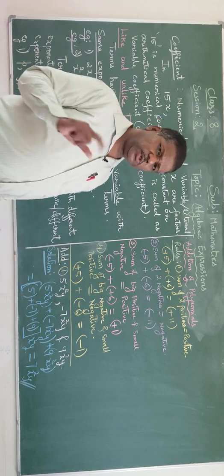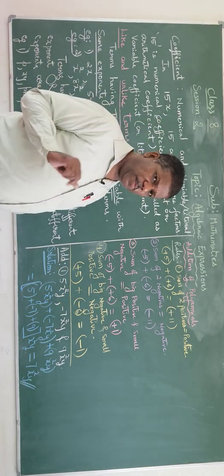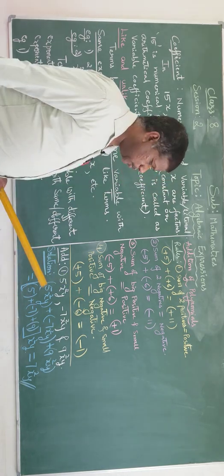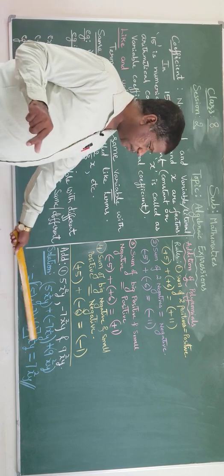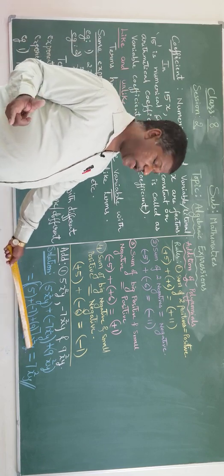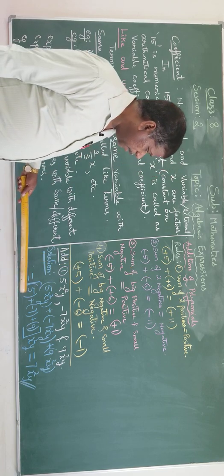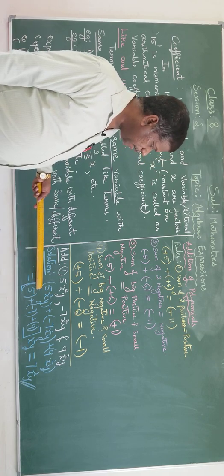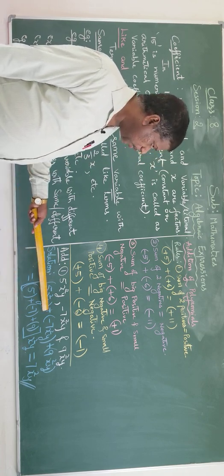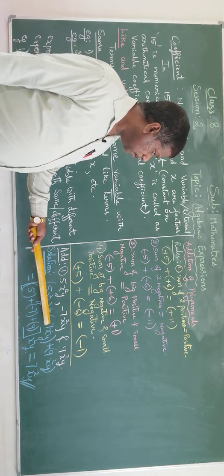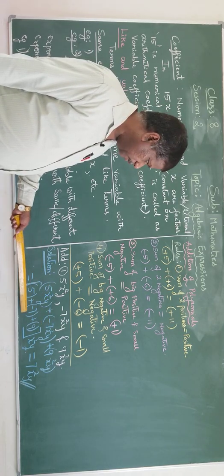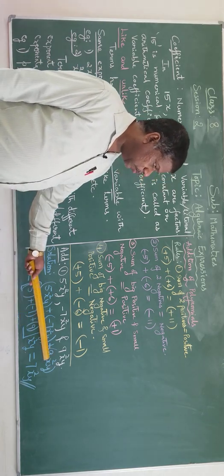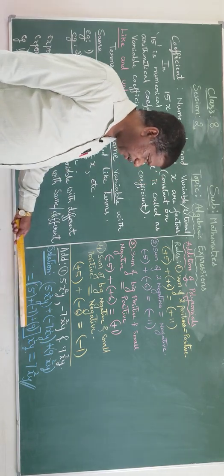Now in all of them, what is common? x square y, that is the like term. That is kept outside. So put a square bracket, and outside the square bracket write x square y. In this part, what is remaining? x square y you have put out, right? What remained here? 5. So write the 5. What is the sign here? Plus. In this bracket, what is remaining? Minus 7, so minus 7 is written in brackets. What is the next term? Plus, so plus is written. What remained here? Only 9, so 9.